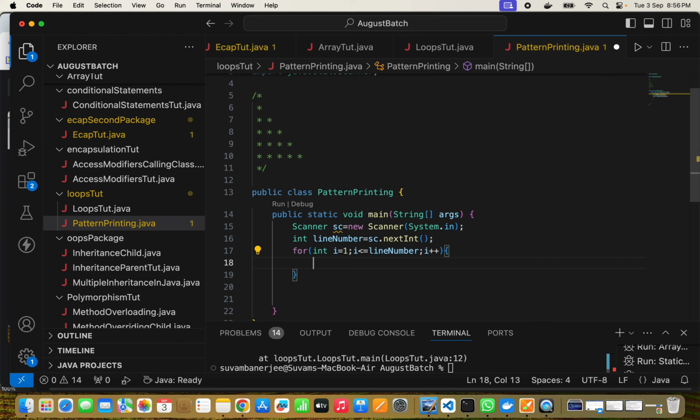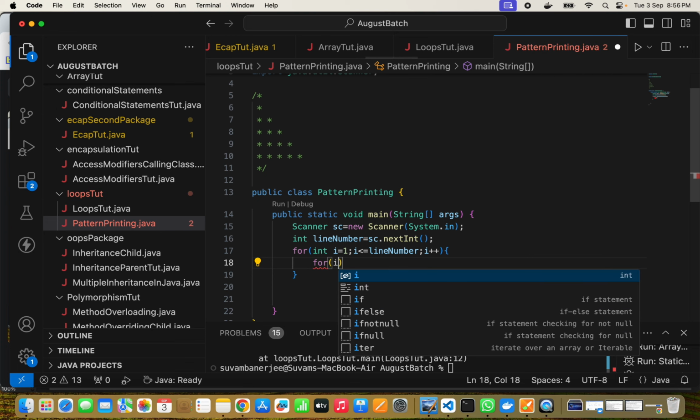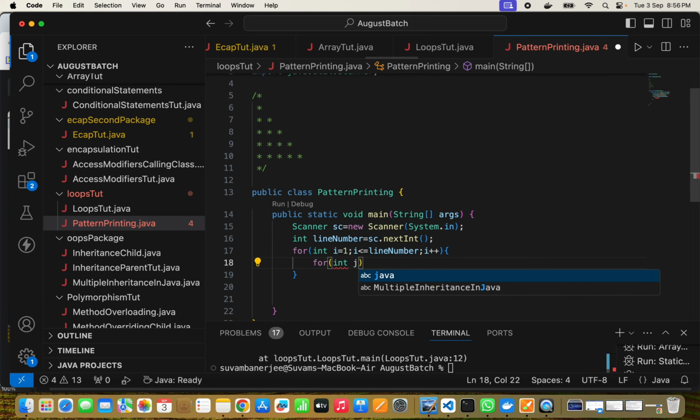Now the next thing: for each row, this is for row, for each row we have to create a column. So for int j, I am creating the column. So again it will be for 1, and how many times? For the first row there will be 1 column, for the second row there will be 2. That means j should be less than or equal to i, meaning the number of the row,